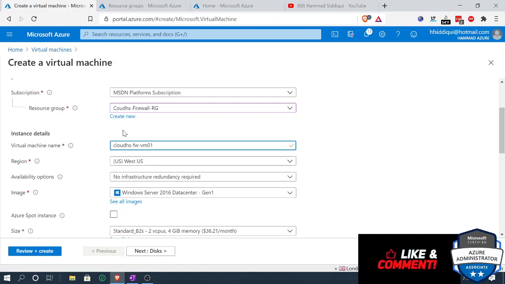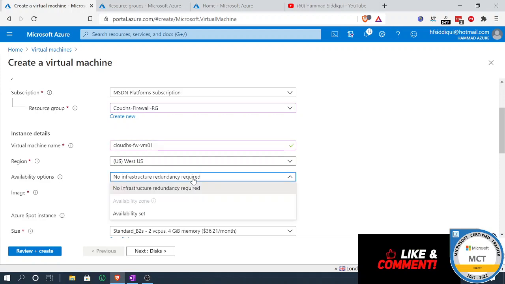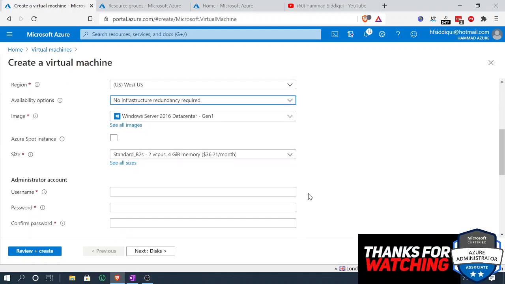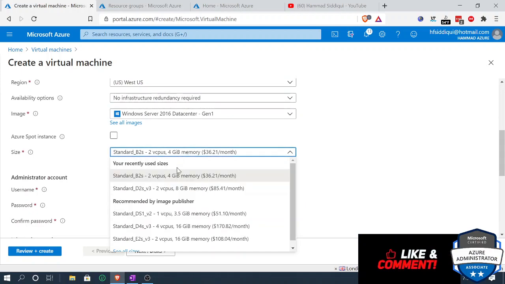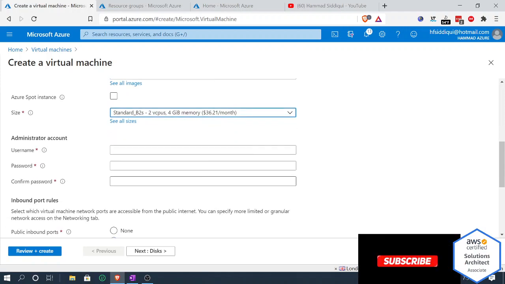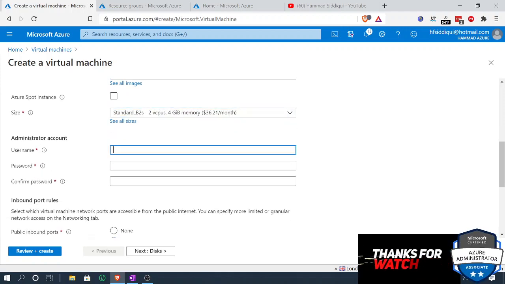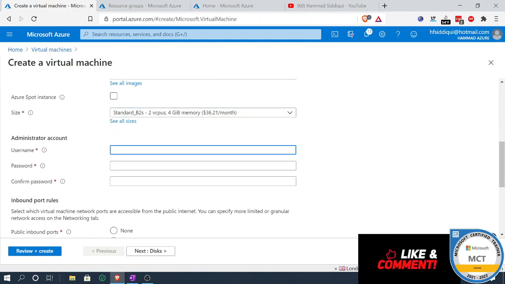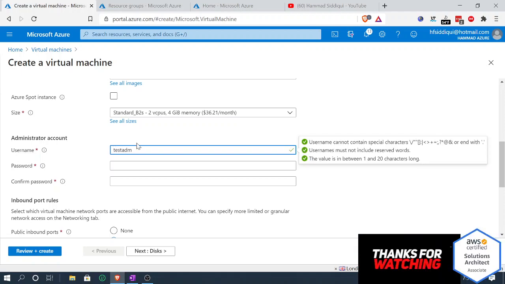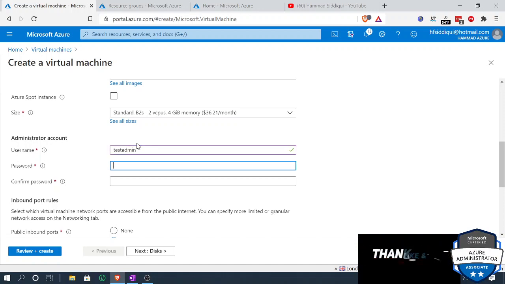I'm not using an availability set. We don't need that right now. We'll use Datacenter 2016. Size, I'll just keep it to B2. I really don't need a bigger machine, so we'll just do that. Again, user ID, test admin, password,